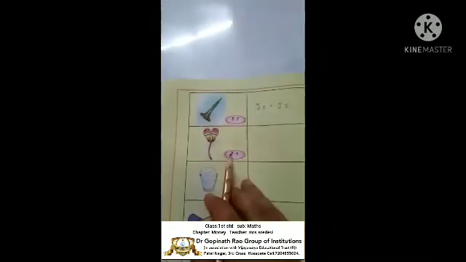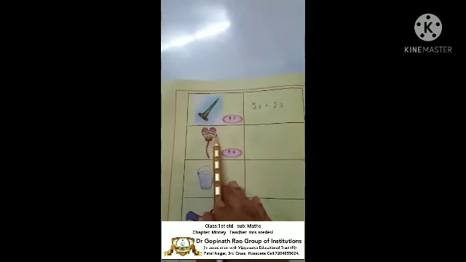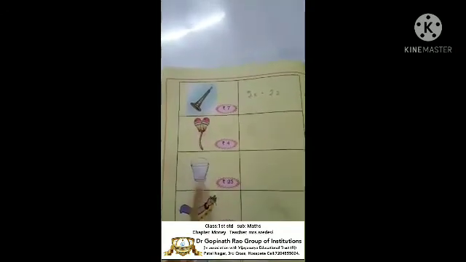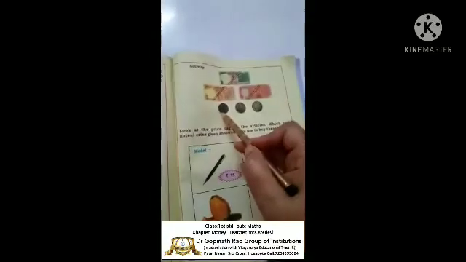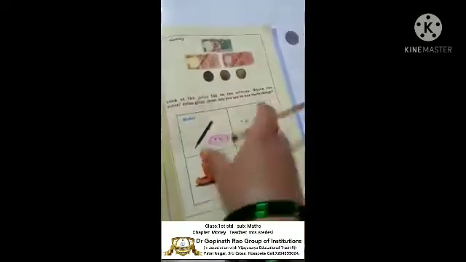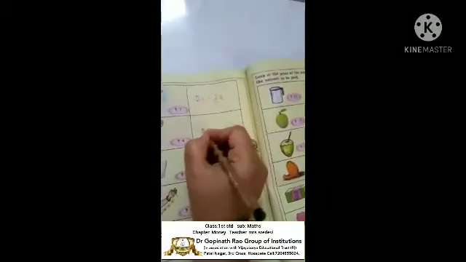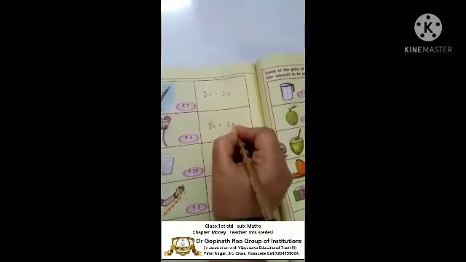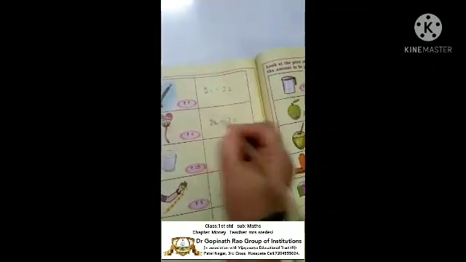Now this is the cost of a balloon. So one balloon costs 2 rupees. Here it is 2 rupees. So together it is 4 rupees. So here it is 5 rupees, 2 rupees, 3 rupees and 5 rupees. Here 10 rupees and 20 rupees. So what will we do? We'll add rupees 2 plus rupees 2 makes rupees 4.